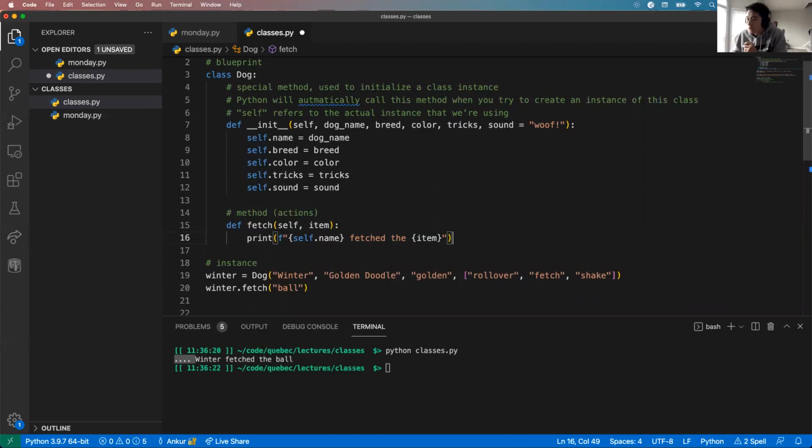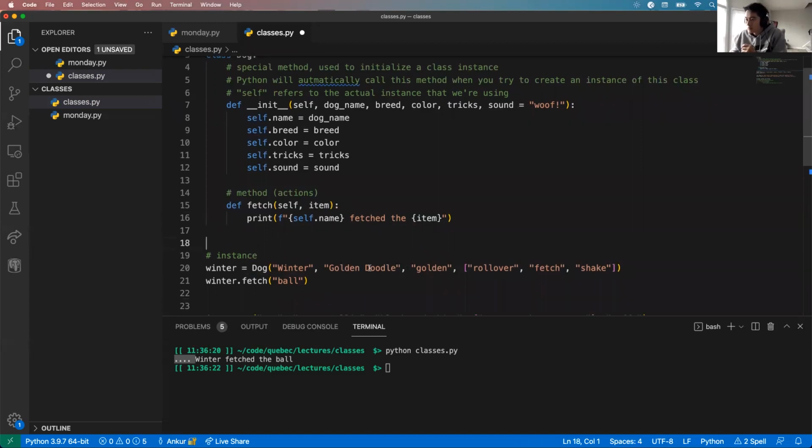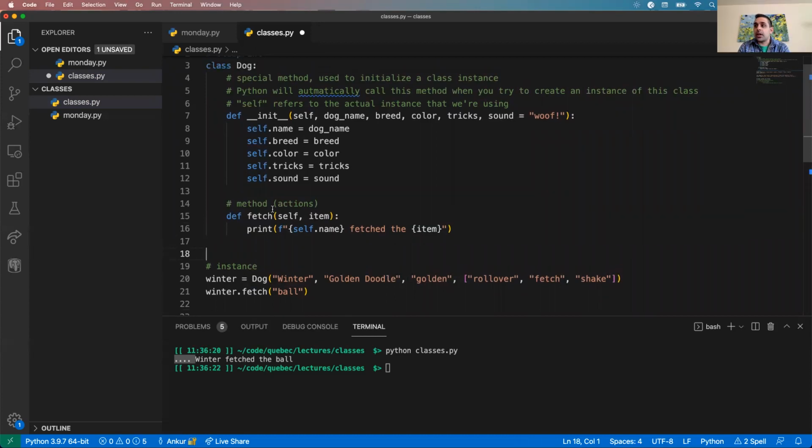Here's a quick question. This is probably really basic. I just want to make sure that you have to declare the winter instance before you actually call a method of it? Yes, absolutely. Because this is called an instance method, meaning this is something each particular dog will do. I can't just say